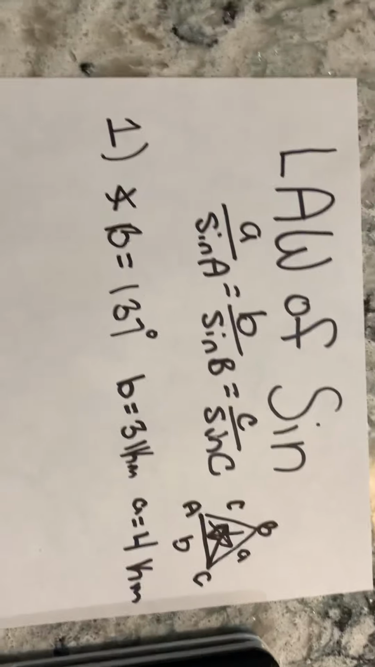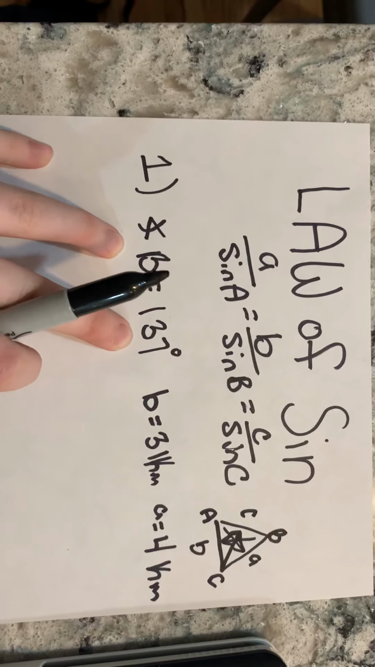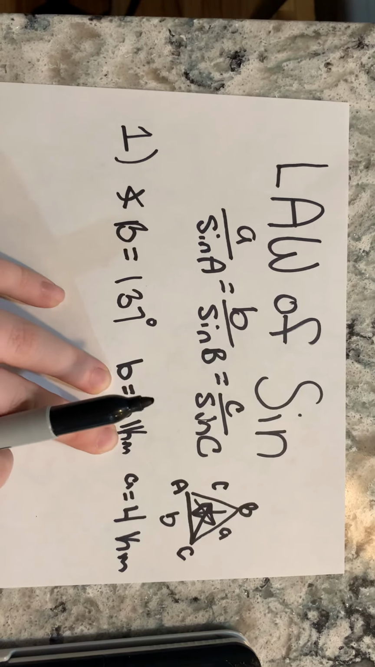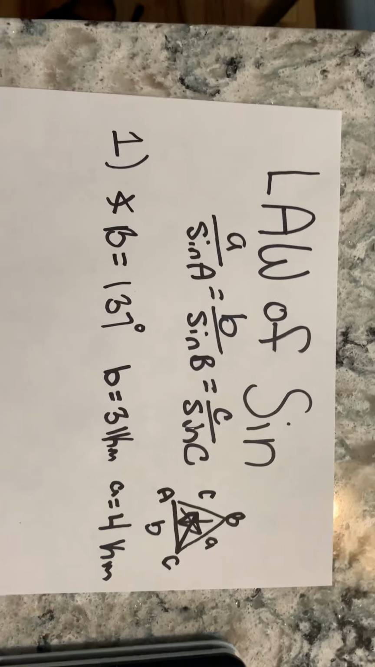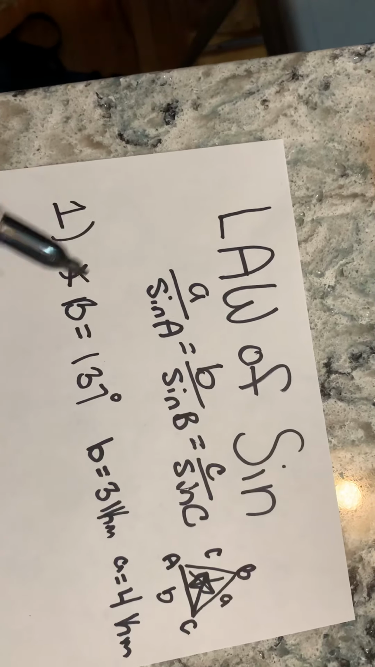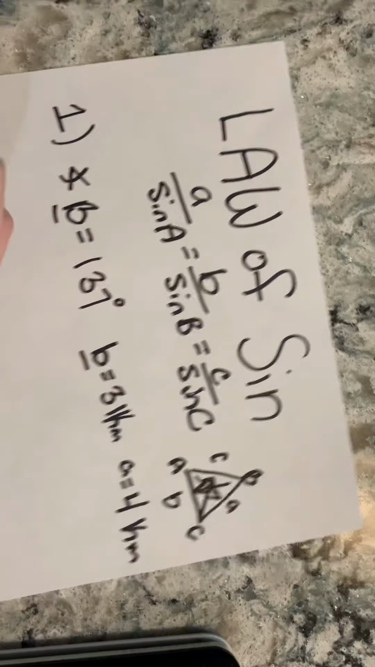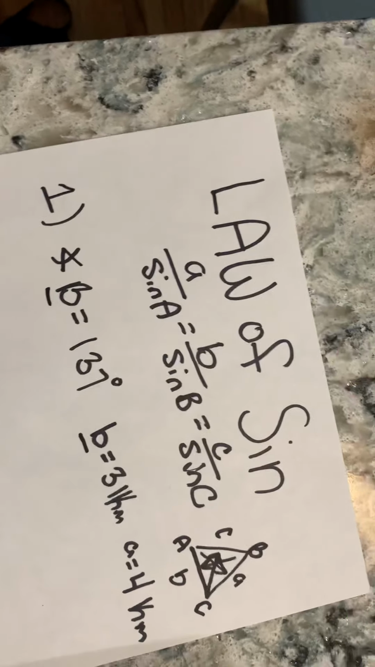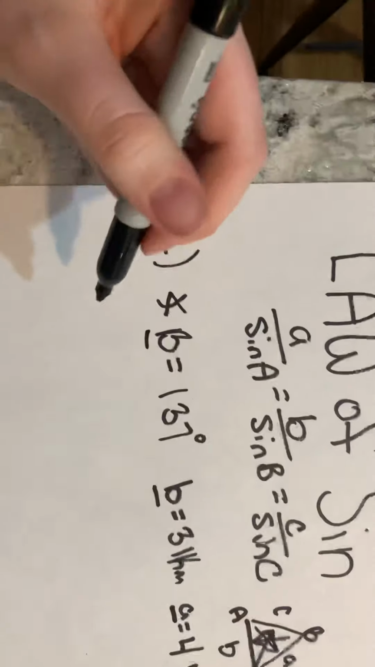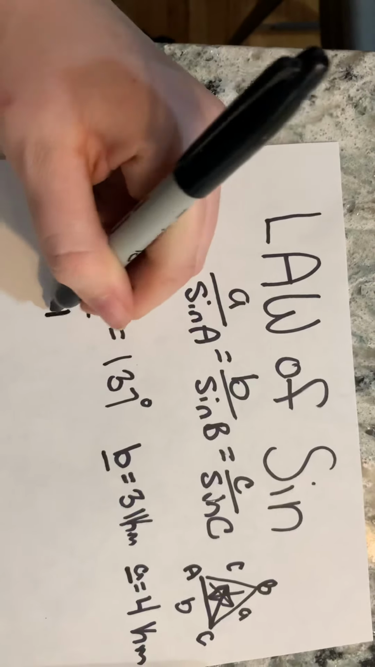So when you're given a problem to solve, you're typically given one angle and its respective side, and then another side to help solve. So the first thing we have to look at is what we have. We have a capital B and a lowercase b. We also have a lowercase a. So when we plug into the formula, we have lowercase a, which is 4,